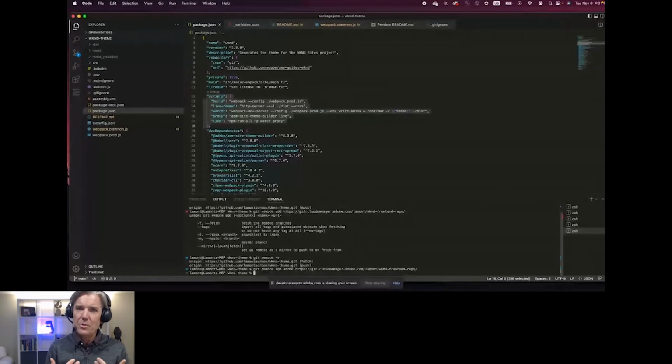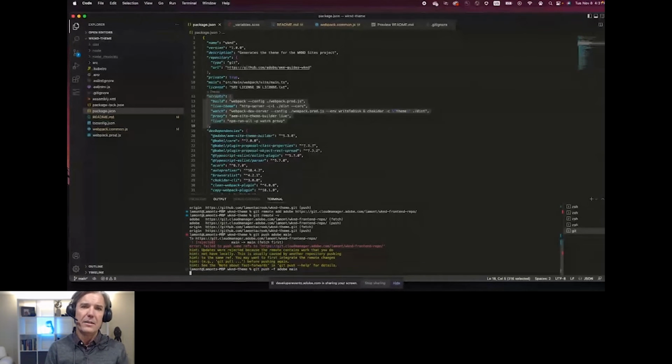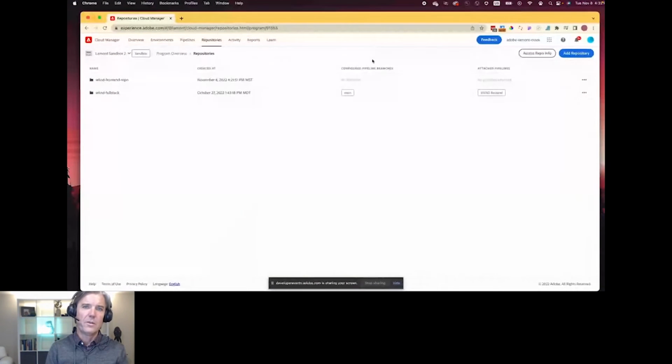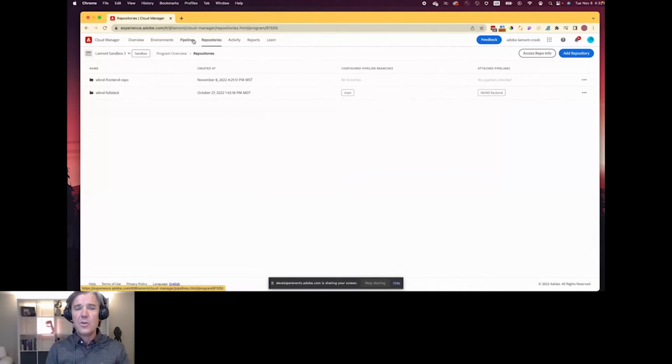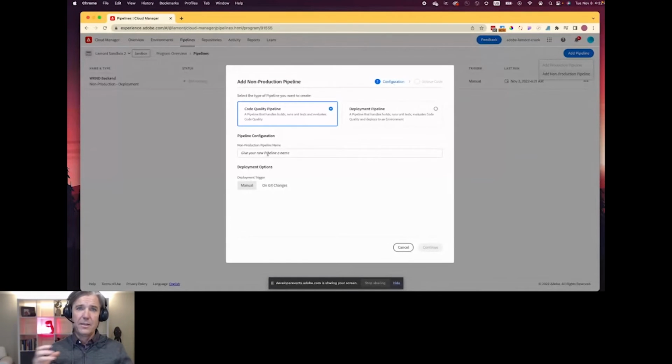Really, as you would suspect, nothing terribly different about this than any other times you're using GitHub. One thing I call out here is that when you create that repo, there's already content there. So you either have to force or do a pull or something along those lines to resolve that. But once you have code in your repository, you can now set up a pipeline and run it. So a pipeline is fundamentally the thing, like it sounds, that connects your repository to your environment and your site.